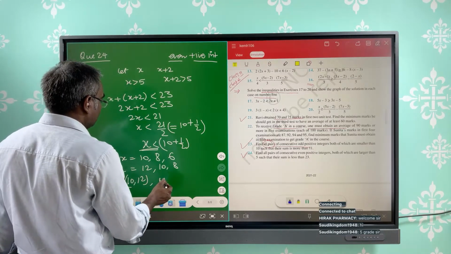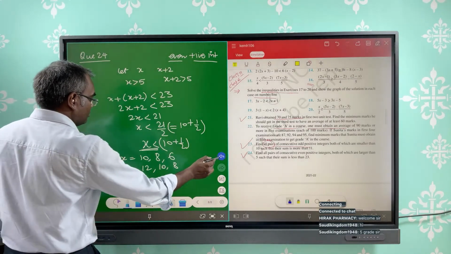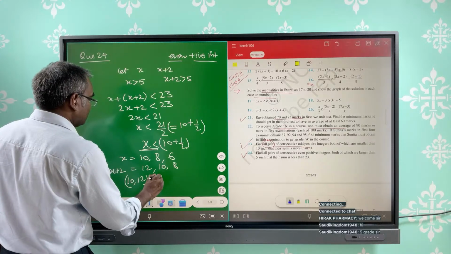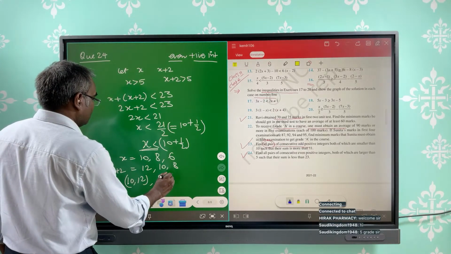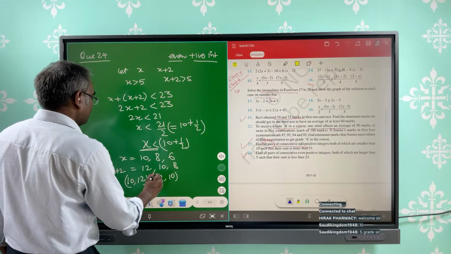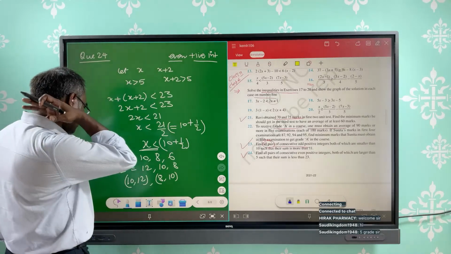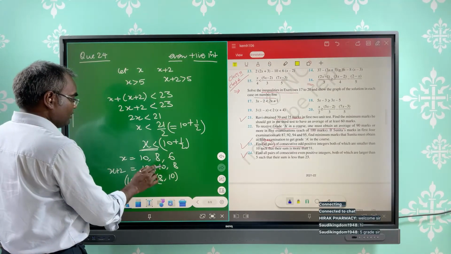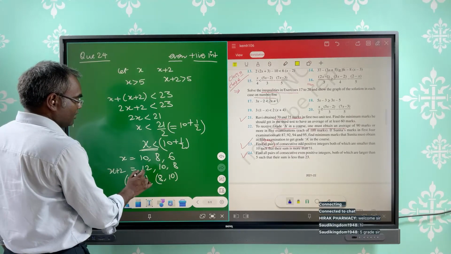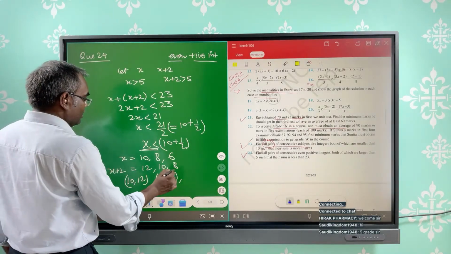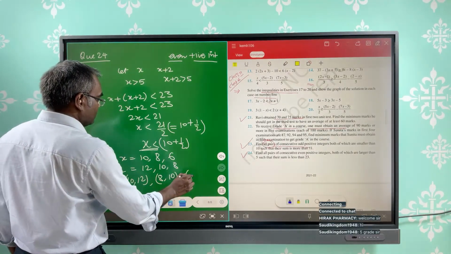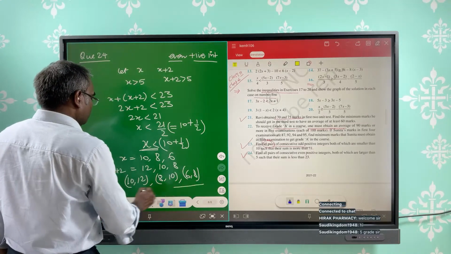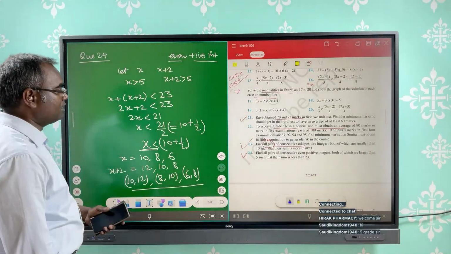ऐसे लिखेंगे इसको, 8 एंड 10, राइट, ओके। सो 10 एंड 12 इसका पेयर हो गया बस, और 8 के साथ 8 एंड 10 होगा बस, और 6 के साथ क्या आएगा, 6 एंड 8। सो feasible pairs for this